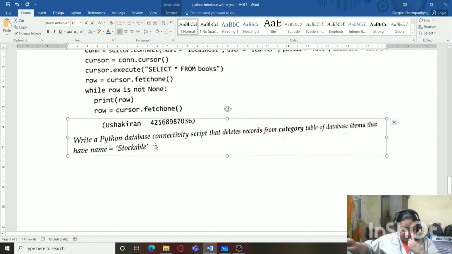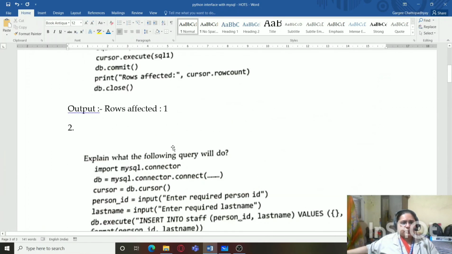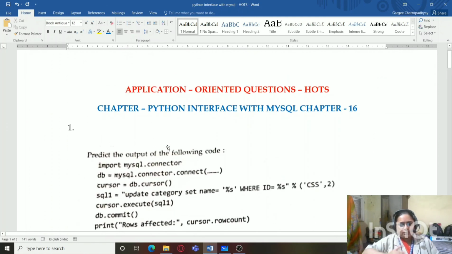Now we have already done this question, so I'm going to delete this from here. So these are some of the hot questions which we discussed today. So students, I hope you will practice more of these questions and benefit from this chapter. As you can see, these hot questions are really very helpful and they help us to understand the concept in a better way. So with this, the concept of cursor, result set, saving the data, commit, all this will become very clear to you. Thank you all.